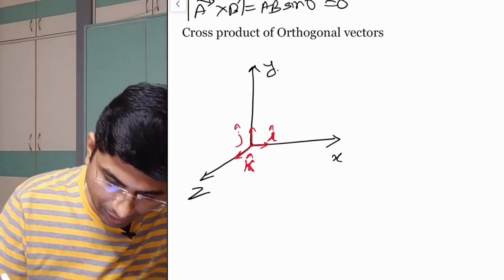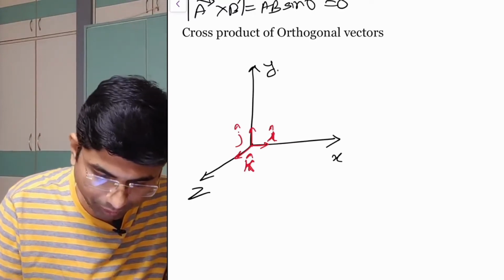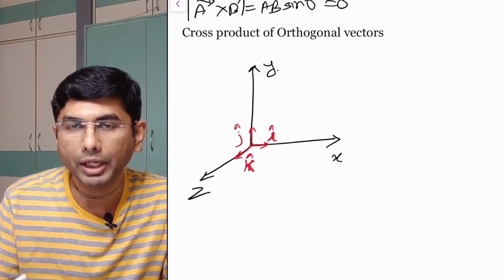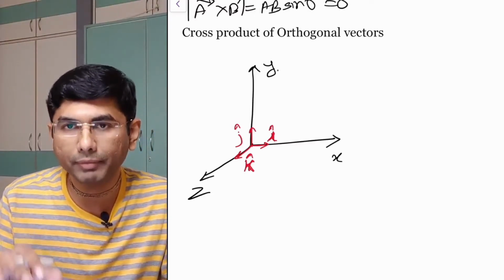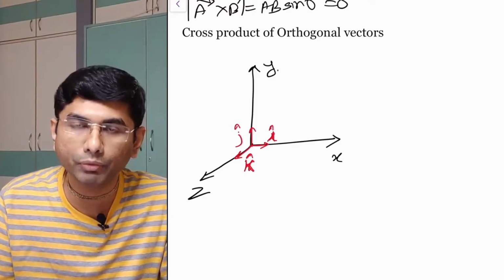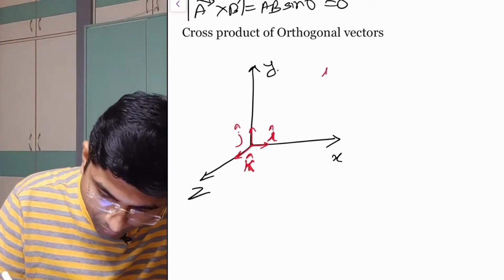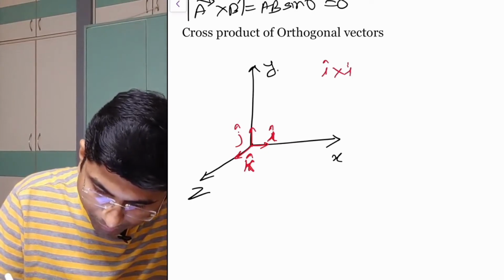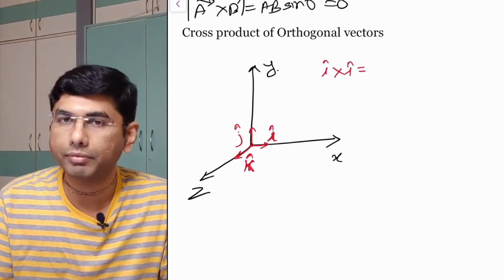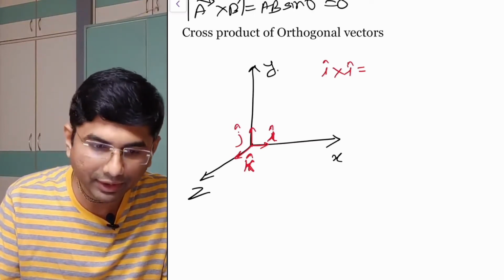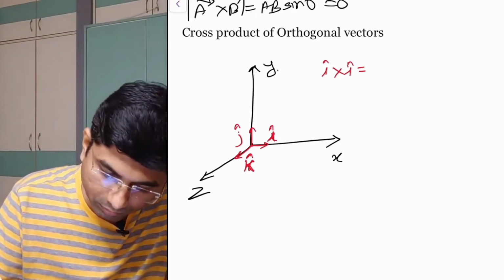Now we will see about the unit vectors, about their orthogonal vectors. We have seen the last property. What was the last property? The cross product of a vector with itself, the answer becomes 0. Why does it become 0? Because the angle between them is 0. Similarly here also, when I am multiplying i cap cross i cap, one unit vector multiplied with itself, the angle between them is 0, sine theta will be 0, and the answer will be 0.